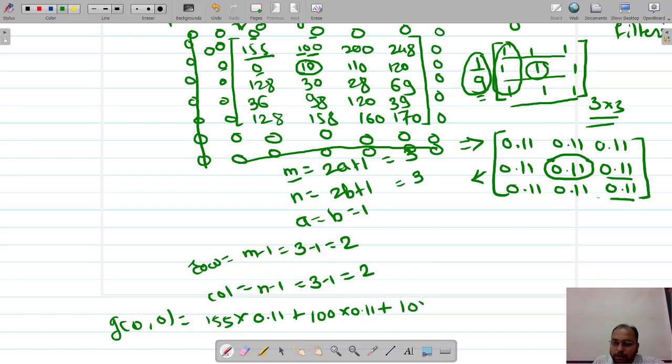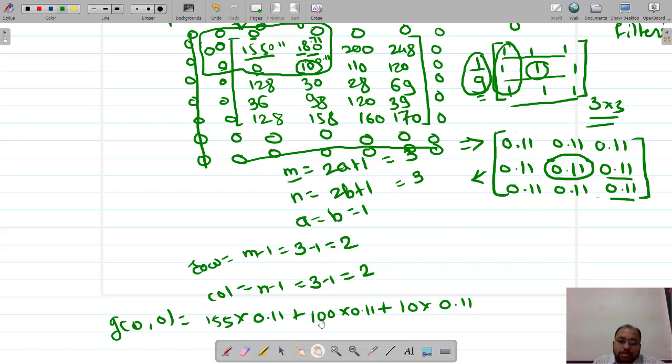Are you getting it? So 10 into 0.11, because we have overlapped this over here. That's why we are performing this multiplication. This will be multiplied with 0.11, this with 0.11, this with 0.11, and the others are 0, so that's why we didn't consider them.